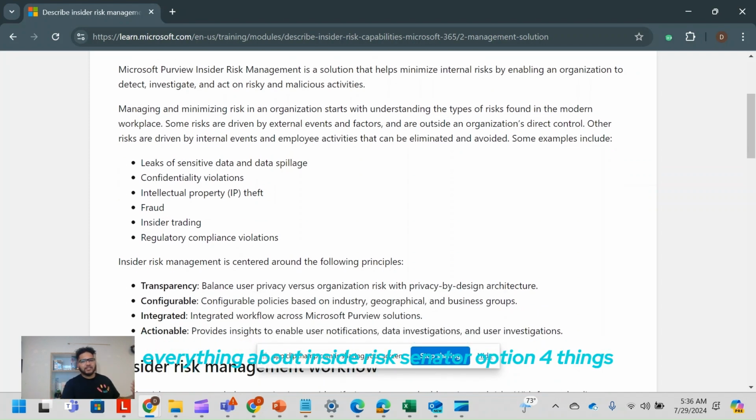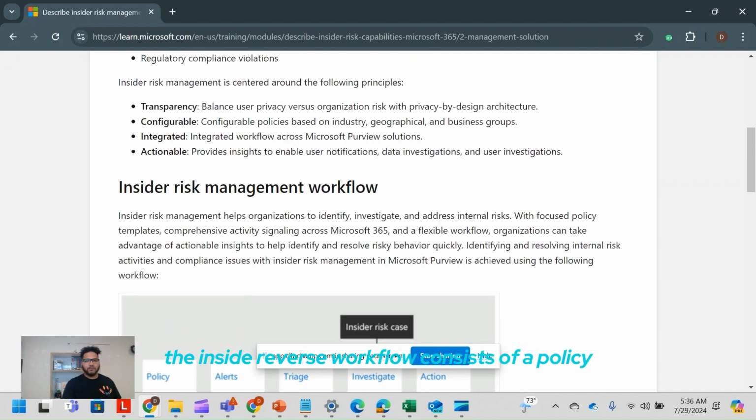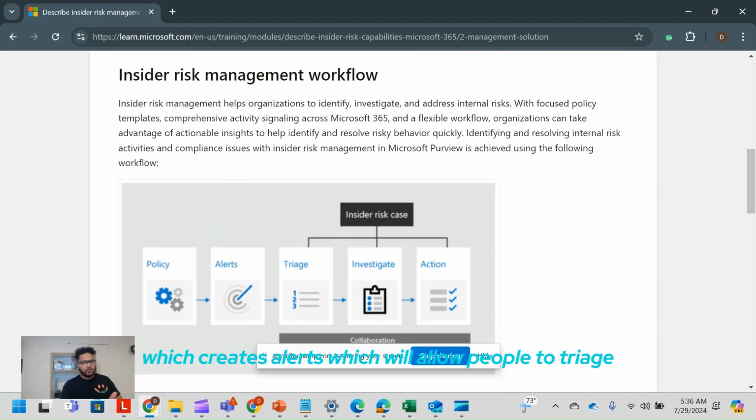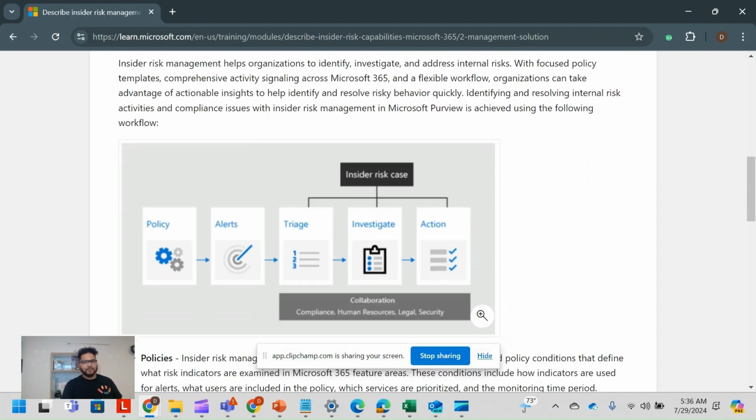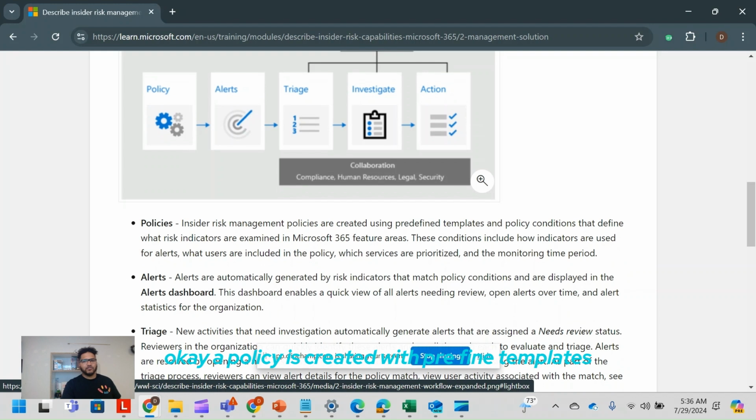Everything about insider risk is centered around four things: transparency, configurable, integrated, and actionable. An insider risk workflow consists of a policy, which creates alerts, which will then allow people to triage, and your team to investigate and take action. Okay, a policy is created with predefined templates and policy conditions that define what risk indicators are examined in 365 feature areas, including how indicators are used for alerts, what users are included in the policy, the prioritized services, and what monitoring time period. Alerts are automatically generated by the risk indicators that match policy conditions that are displayed in